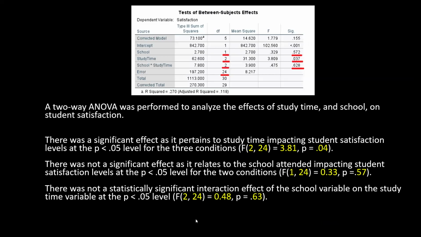So how do we state this in APA format? Well, in your methods section, you're going to say a two-way ANOVA was performed to analyze the effects of study time and school on student satisfaction. All right, so let's go to student satisfaction and study time first. So student satisfaction, study time, here's our degrees of freedom, 2 for the F, and then this error, 24, is the other value